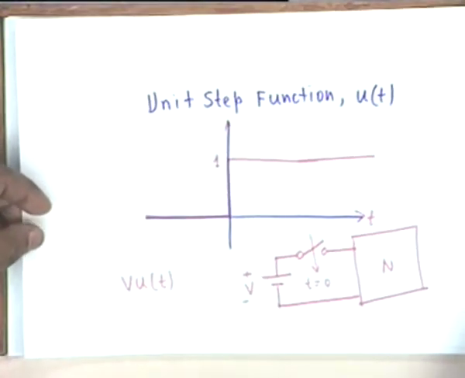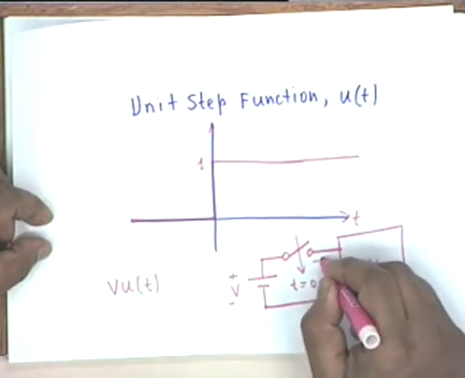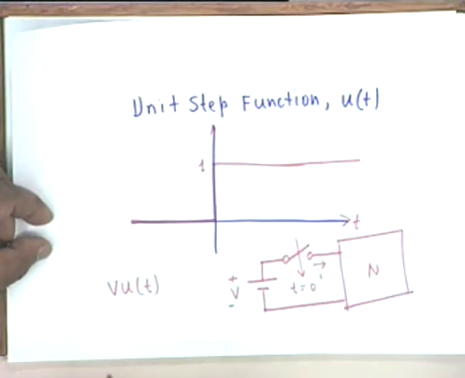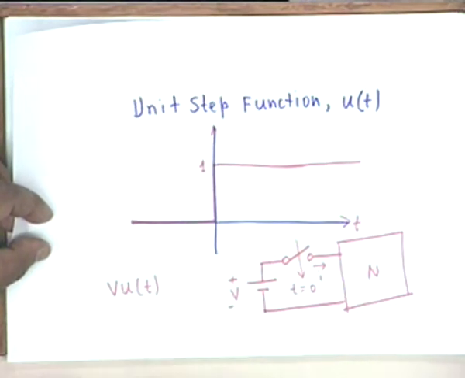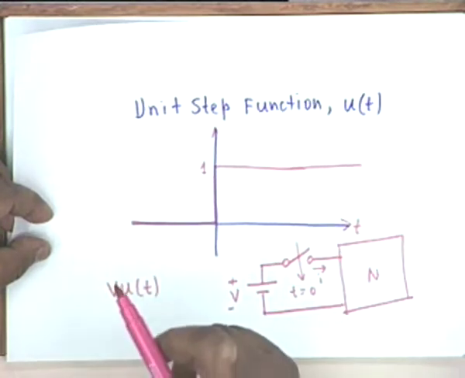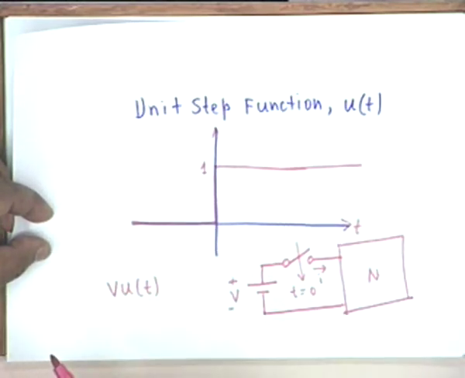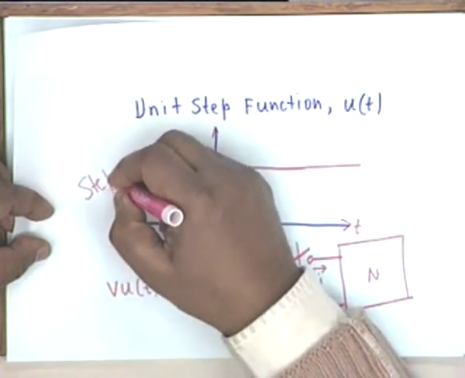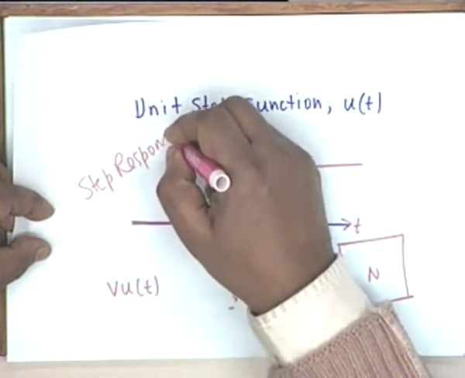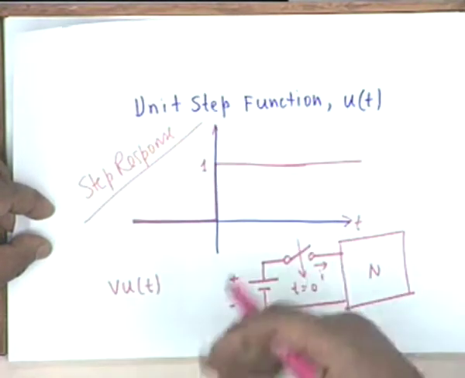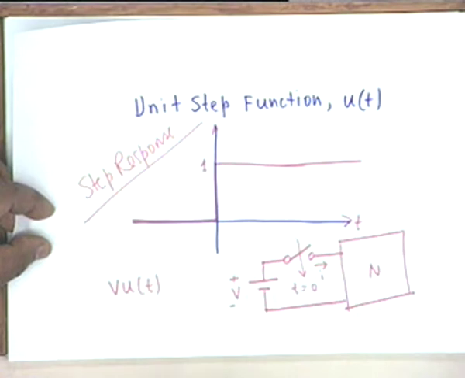Now, the corresponding response, suppose I want the current I, is called the step response of the circuit. If capital V was unity, 1 volt, then we say it is the unit step response of the circuit. So this term step response is sometimes used to indicate what we have essentially been finding out when we switch on a battery to an electrical circuit. All right, this term shall now be used repeatedly. So I thought I must introduce this at this point.